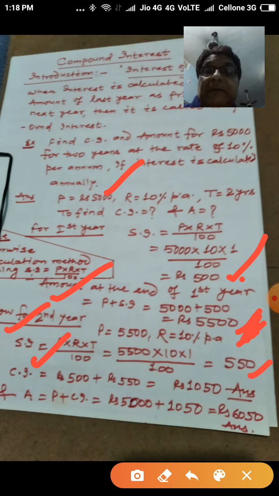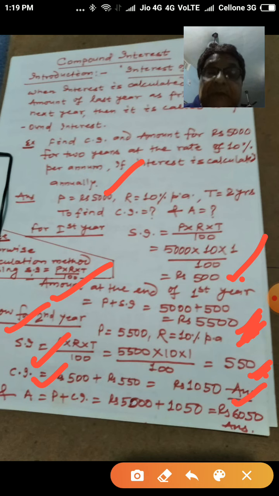You see the difference. For the first year the interest was 500 only. Now for the second year the interest comes to 550 rupees. So there is an increase of 50 rupees for the money lender. And in simple interest, you know, every year the interest is fixed because the principal is also fixed, but here the principal changes. So now we will add these two interests for both the years, then it comes to 1,050.